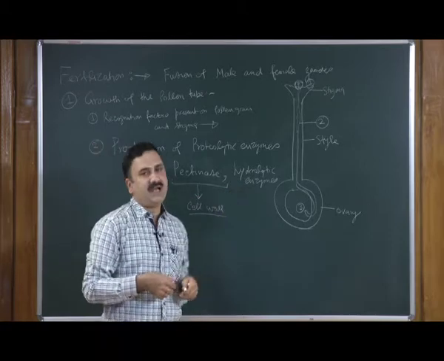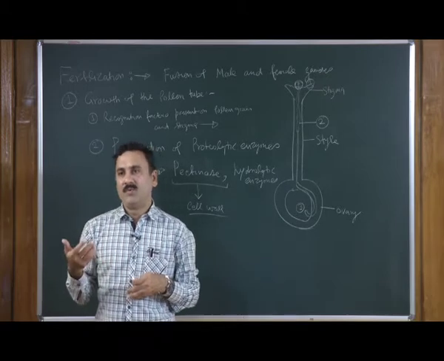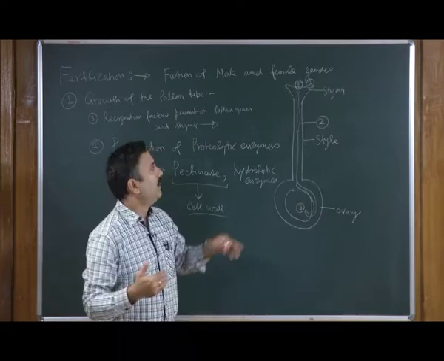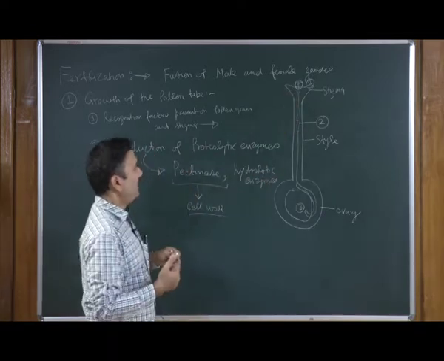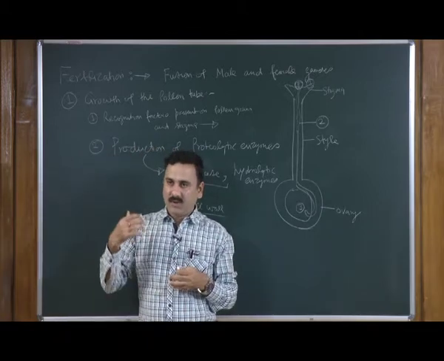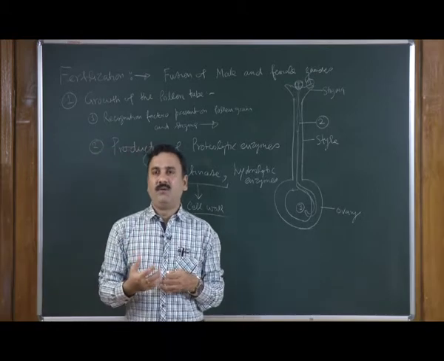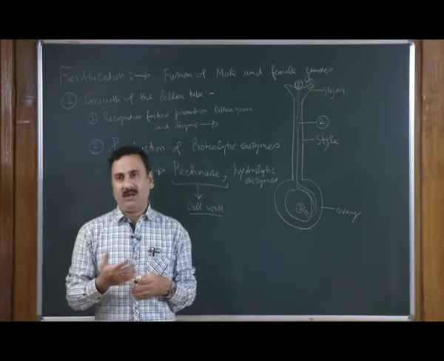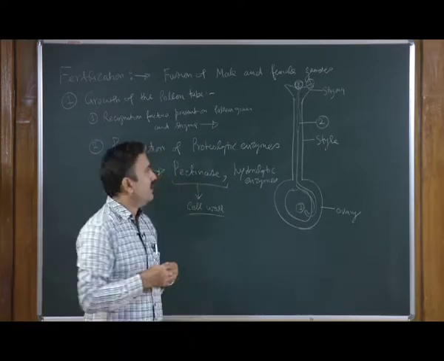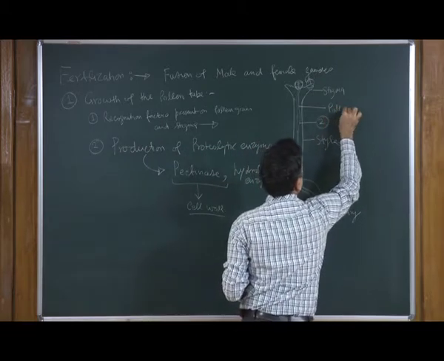Whereas, the hydrolytic enzymes are actually degrading the biomass, so that it will produce the monomeric constituents, and that will give you the energy for the growth of the pollen tube. Because initially the pollen tube takes up the nutrition from the pollen grain itself, but later on it completely takes up the nutrition from the female reproductive organ, means from the stigma, and that is how it grows. This pollen tube is an extension of the intine.